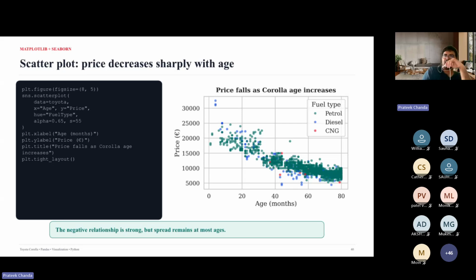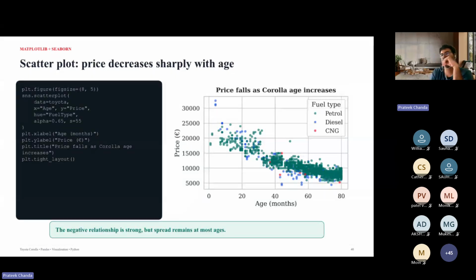The first thing is called scatter plot. For example, I want to check between two numeric values, price and age. What we are doing here is using SNS, the Seaborn library that we have. First I'm creating a plt.figure. It gives me a blank figure to be plotted, of size 8 by 5. And on top of that, I'm adding sns.scatterplot, which gives me the scatter plot functionality.